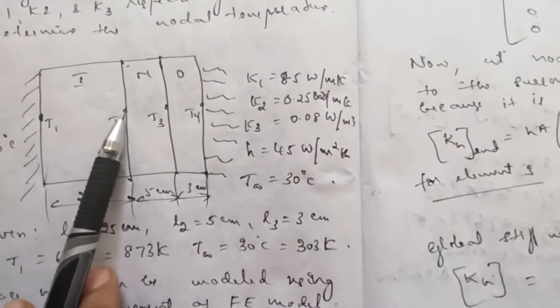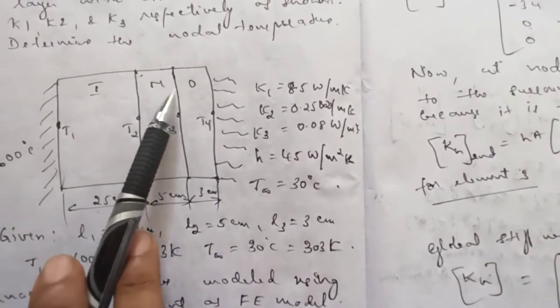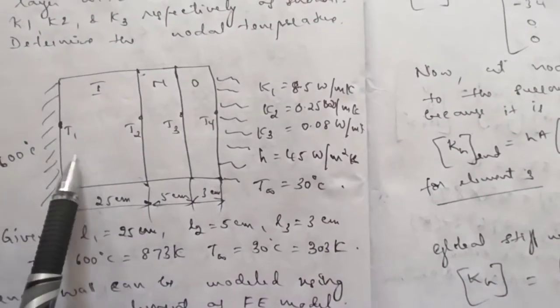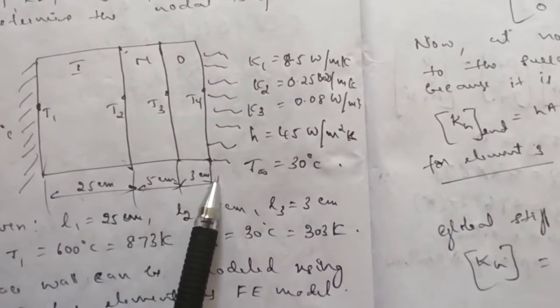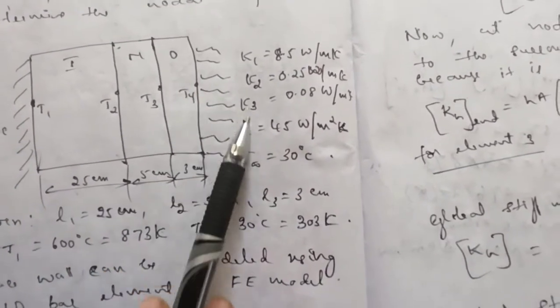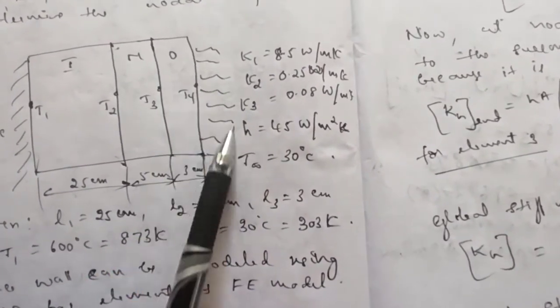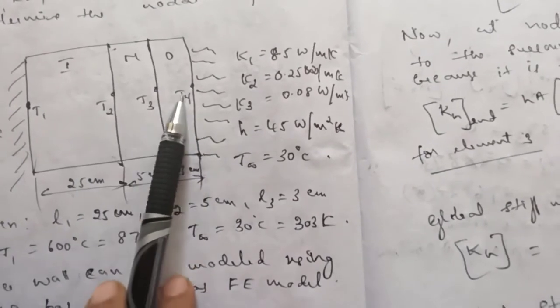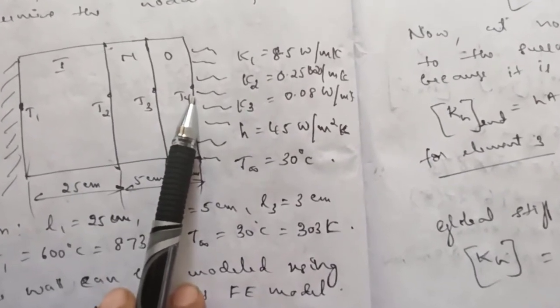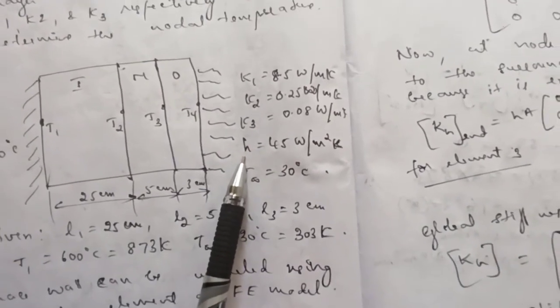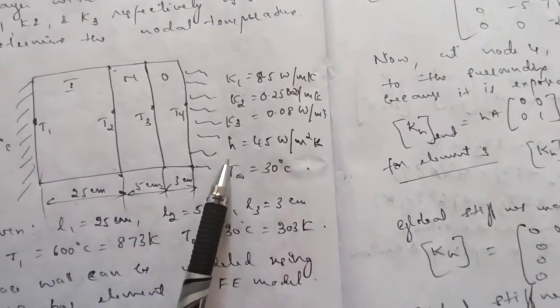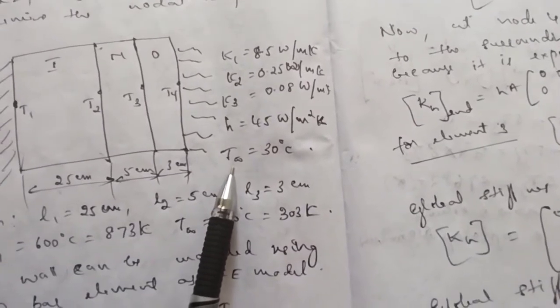So this is a composite wall. So inner layer, middle layer and outer layer, and the length of the inner layer is 25 centimeter, middle layer is 5 centimeter, outer layer is 3 centimeter, and only the convection is there at the last node or the last layer at the end, last right end of the wall. Okay, now here K1, K2, K3 is also given and H is also given. Thermal conductivity as well as H as well as T infinity is also given 30 degree,